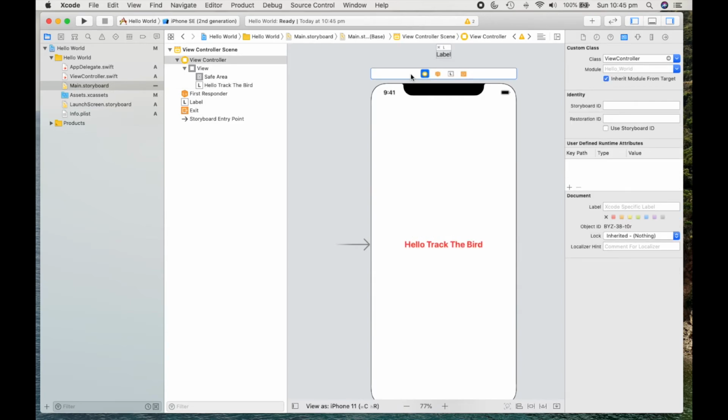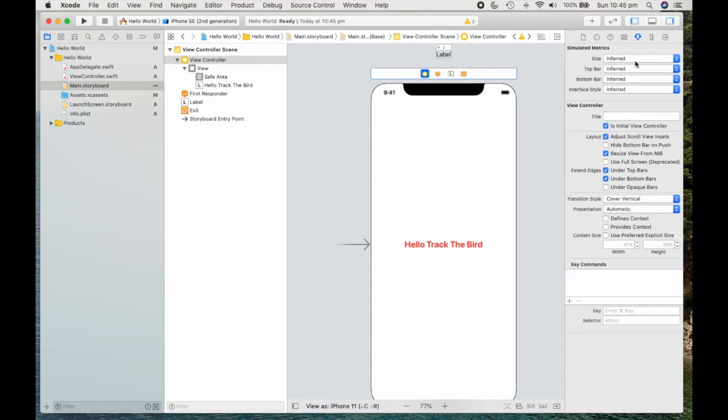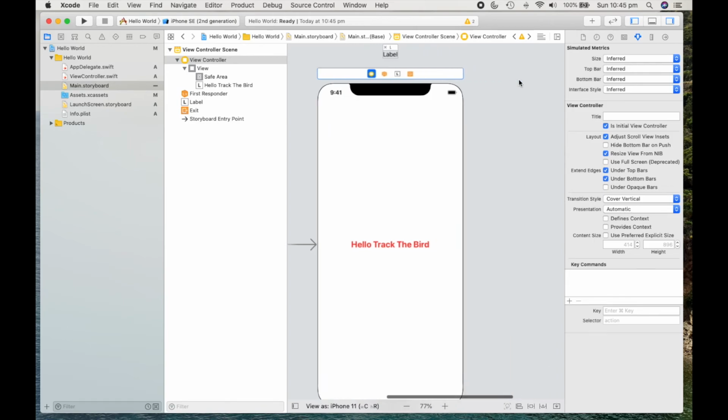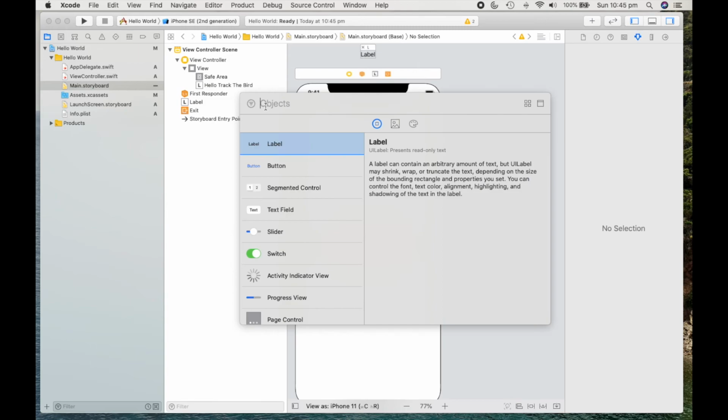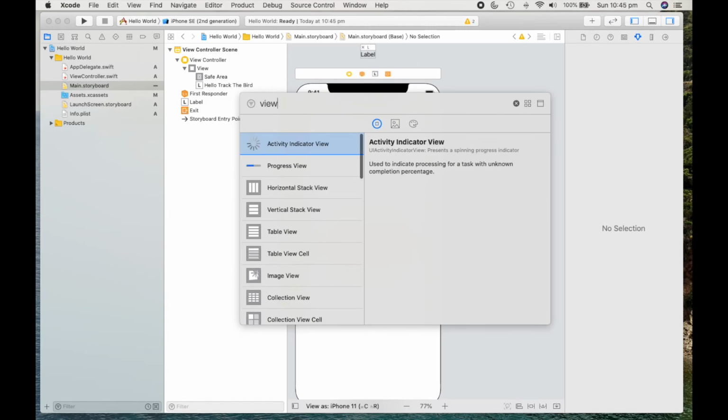One more thing, any application has one initial starting point, that is nothing but the initial view controller. So by default, while creating a template, while creating any project, it generates one scene or view controller, and that is the initial view controller. Either you can delete this entire view controller and you can create it freshly by pressing the plus icon, you can just search for view controller.